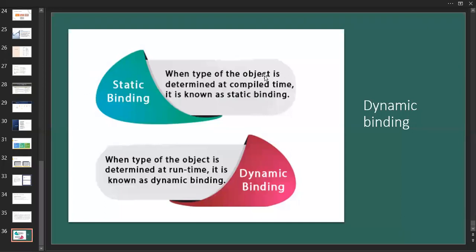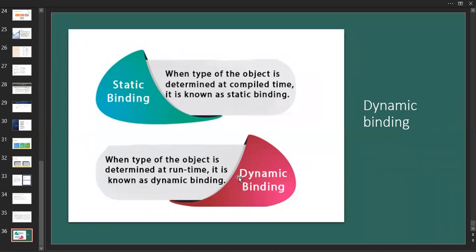When the type of an object is determined at compile time, it is known as static binding. Dynamic means at runtime; you have to remember this every time. So when the type of an object is determined at runtime, it is called dynamic binding. Static means within the class, at compile time, it will happen.